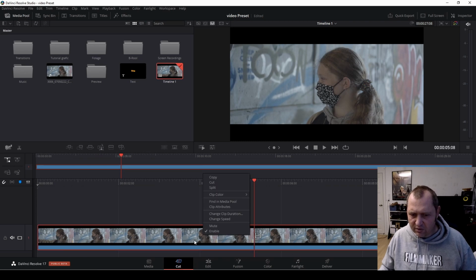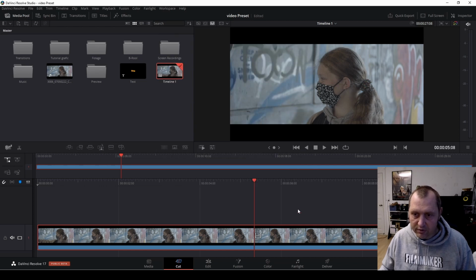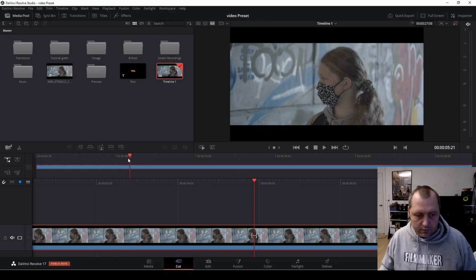Also, I actually don't know if that was in the last version, I can't remember. But if you right click, the clip attributes is here, and that is nice for me because this clip is an anamorphic shot and I want to set it to the right aspect ratio of anamorphic. I'm just going to click OK to that. Okay,